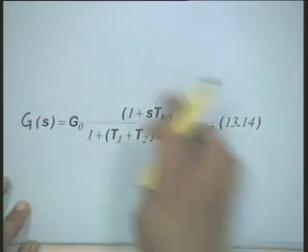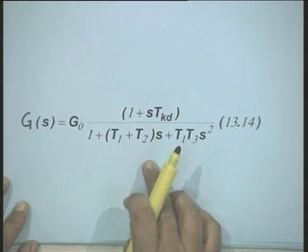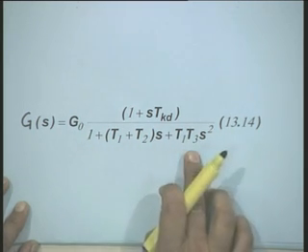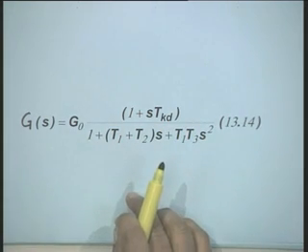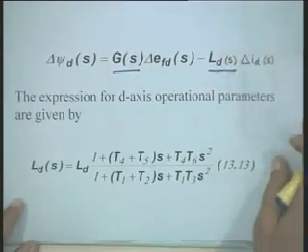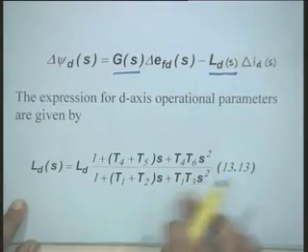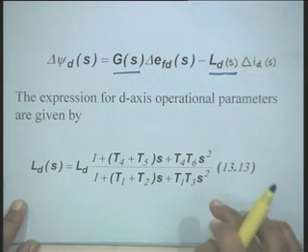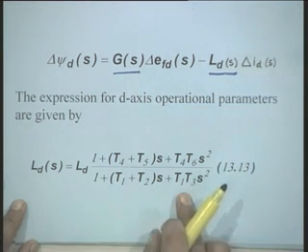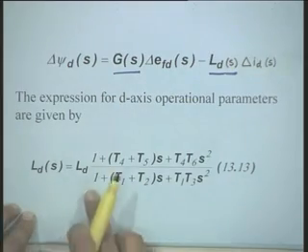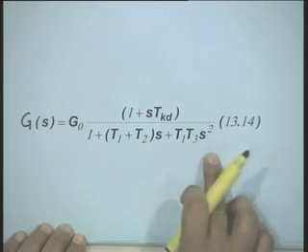You can easily see that when you perform this simplification, you will be in a position to express LDS and GS as a ratio of two polynomials. The denominator here is of the second order and the numerator is one order less than the denominator. Similarly, LDS is expressed as a ratio of two polynomials where the order is the same. Further, the denominator of LDS and GS are the same. This denominator for LDS is the same as that of the GS.